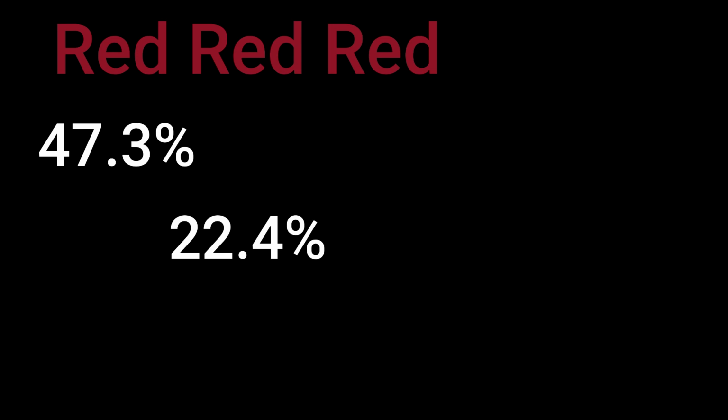Why is that though? Well, it all comes down to probability. In this case, we got red 3 times. Our probability of getting red is 18 out of 38 or 47.3%. But the probability of getting red twice in a row is 324 out of 1,444 or 22.4%. And if we go to 3 times in a row, it gets even worse at 5,832 out of 54,872 or 10.6%. You see the pattern.